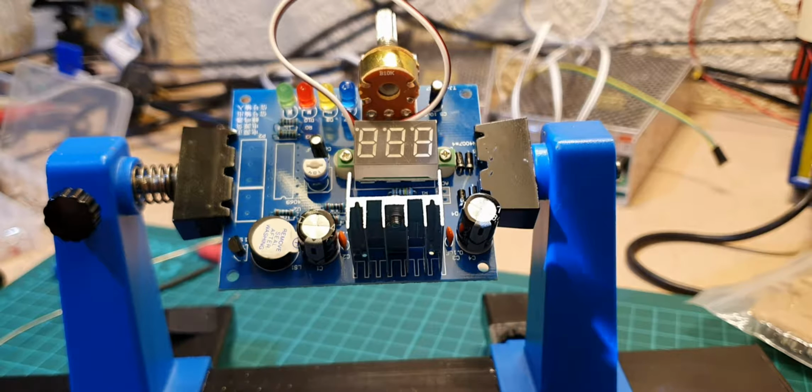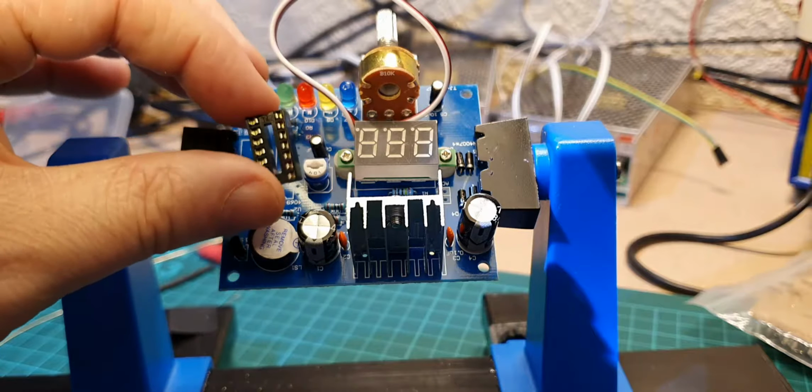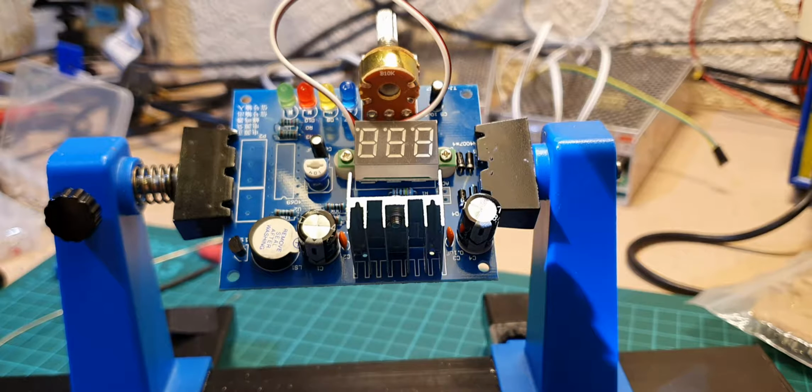Welcome back to part 2 where we're continuing this build. So the next thing we're going to do is put the IC on. So we have an IC socket holder here and then the IC itself here. So we've got